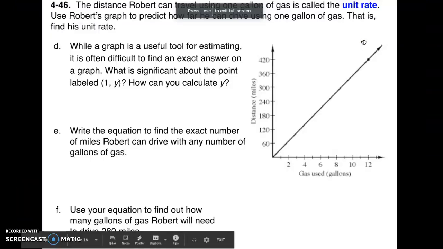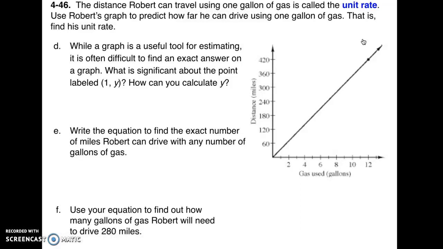Okay, so in this problem we have the distance Robert can travel using 1 gallon of gas is called the unit rate. Use Robert's graph to predict how far he can drive using 1 gallon of gas. That is, find his unit rate. So first we have to understand that a unit rate is when you're trying to calculate something based on 1